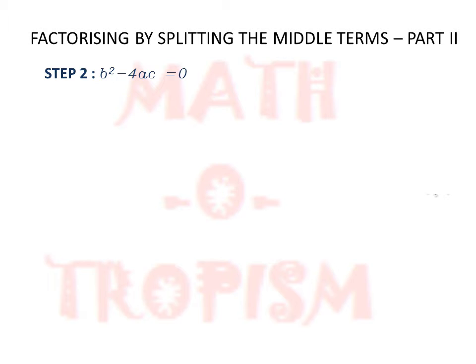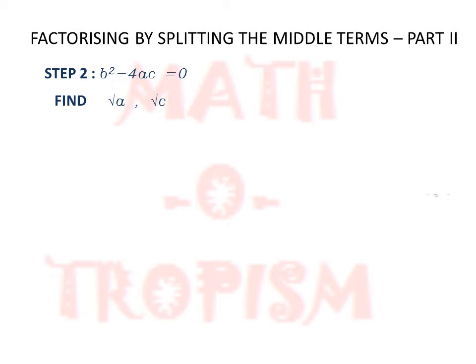So let us now see the condition b square minus 4ac is equal to 0. In this case, we know if it is equal to 0, it means equal roots will be there, which means that the polynomial will be factorized into a square factor. That means a single factor repeated twice. So we just need to find root a and root c.